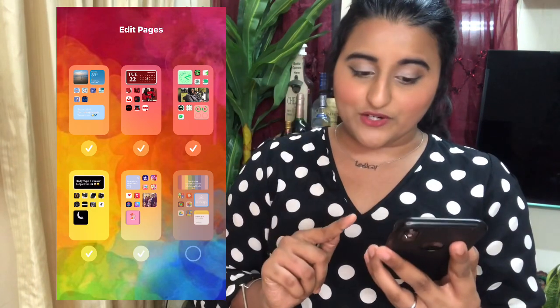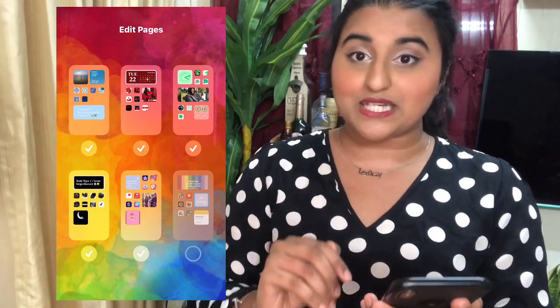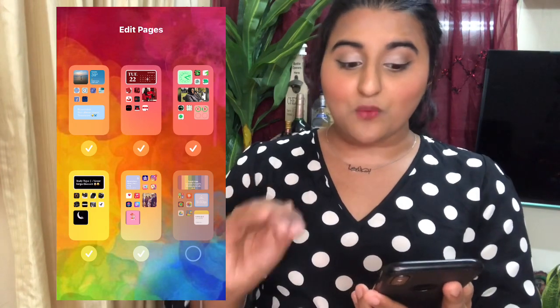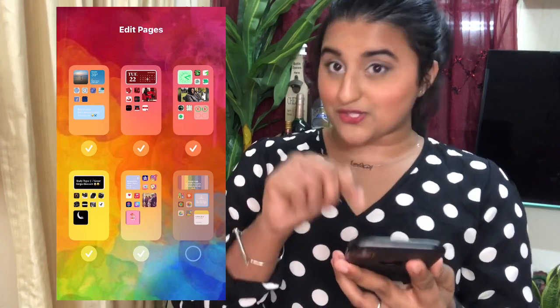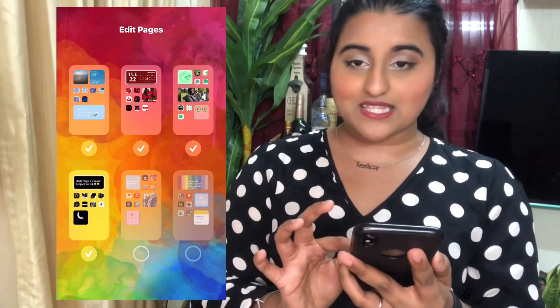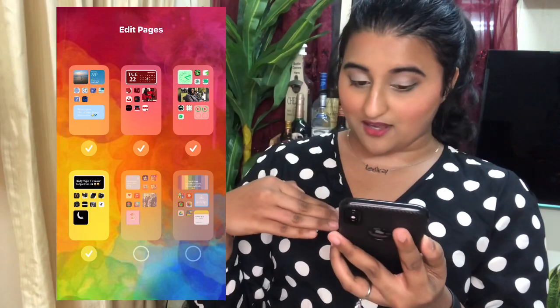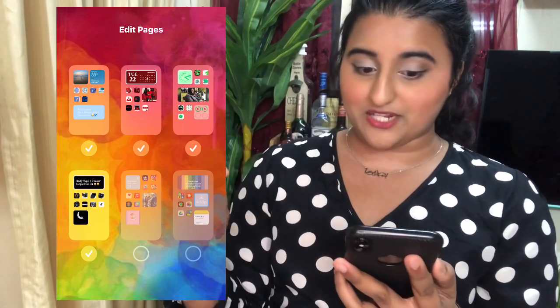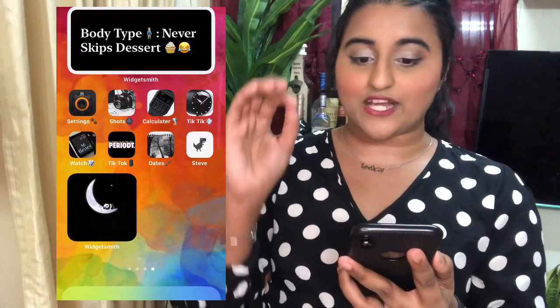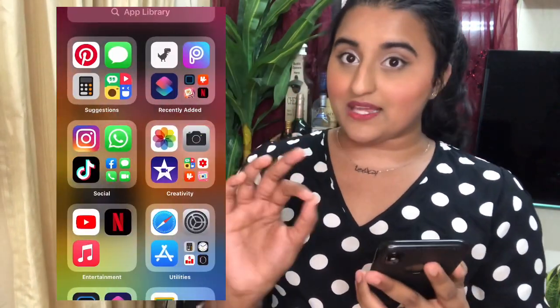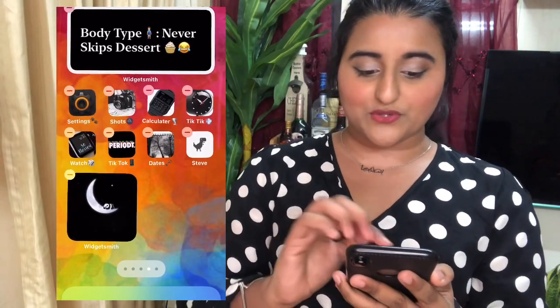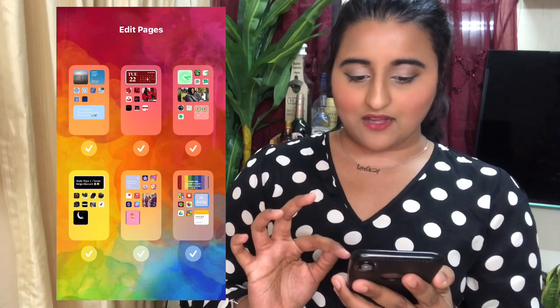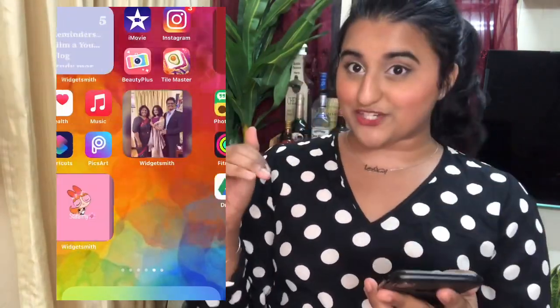Now the colorful page is not as bright as the others because that page is hidden. If I want any page to be hidden, I just have to select that page. Suppose the pink one, if I select that, you can see that it's a little bit dull because I unselected it and it is in my hidden pages. Now when I press done on the top right, I have hidden my pink and the colorful rainbow theme pages. If I want to unhide them the same way, I tap into that set of circles and select them back, and you can see my pink and colorful pages are back. So that's the way you hide your pages.